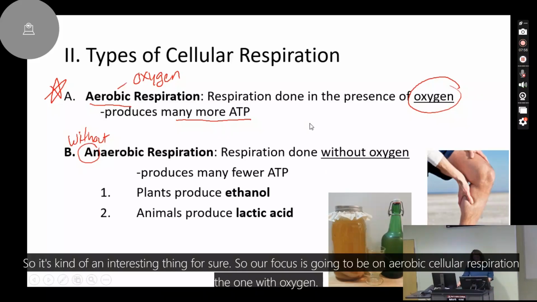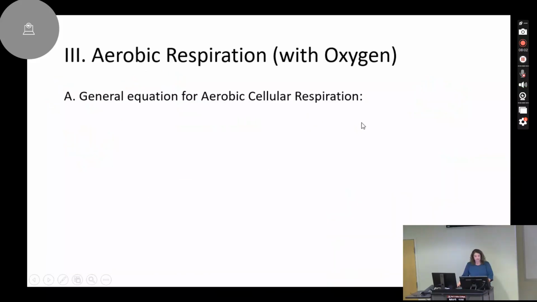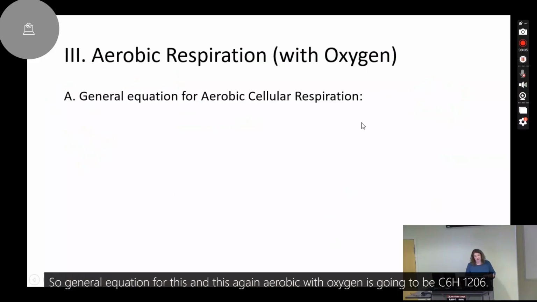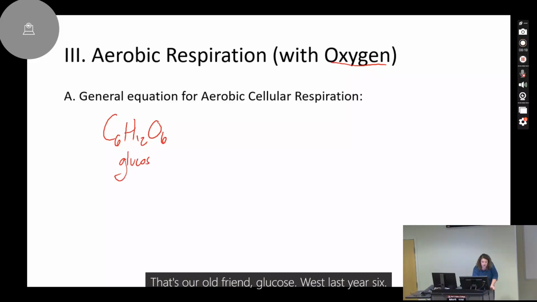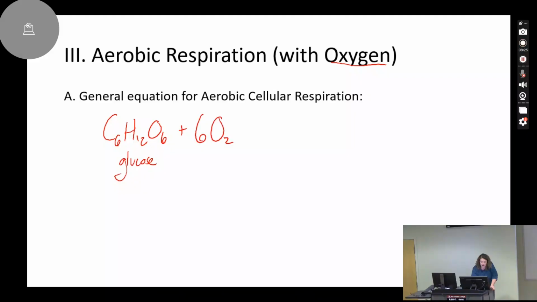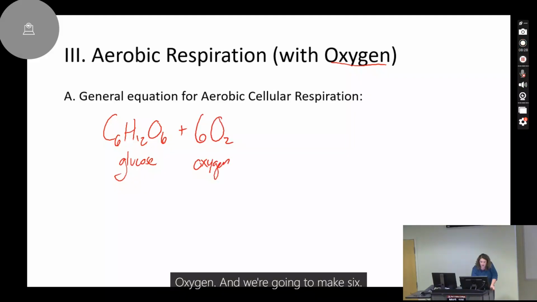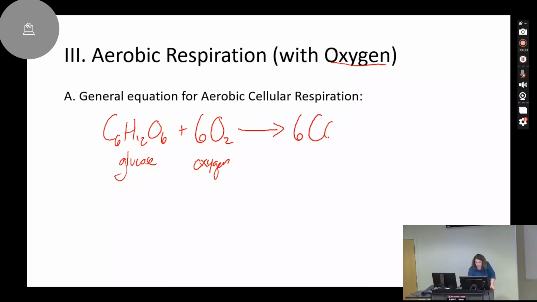So our focus is going to be on aerobic cellular respiration, the one with oxygen. So the general equation for this, again aerobic with oxygen, is going to be C6H12O6, that's our old friend glucose, plus 6 oxygens, and we're going to make 6 carbon dioxides,